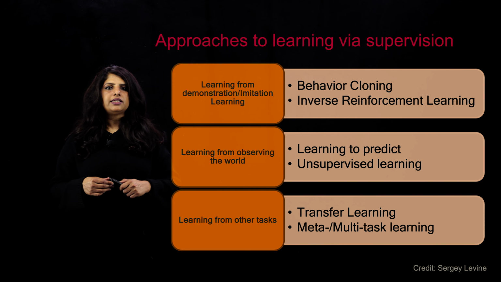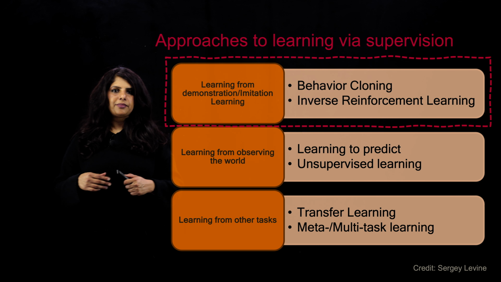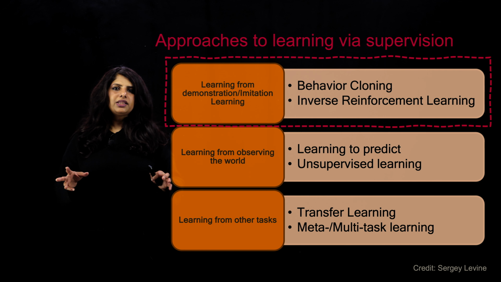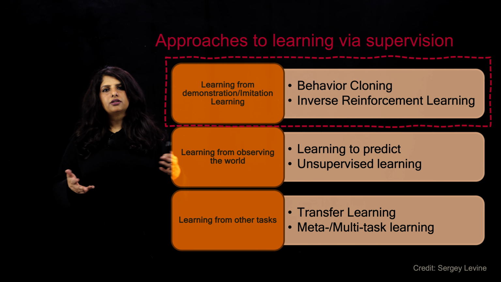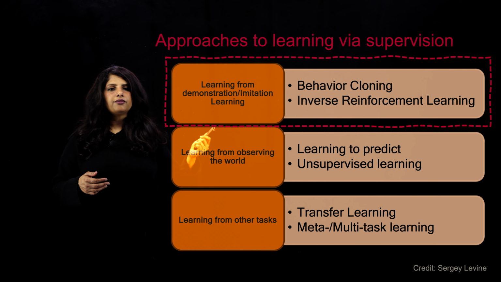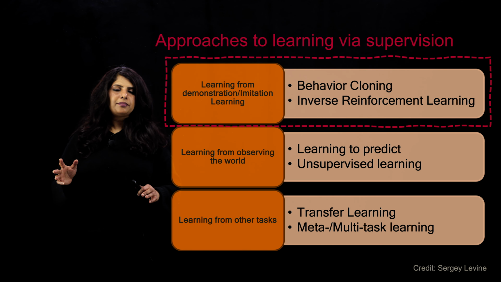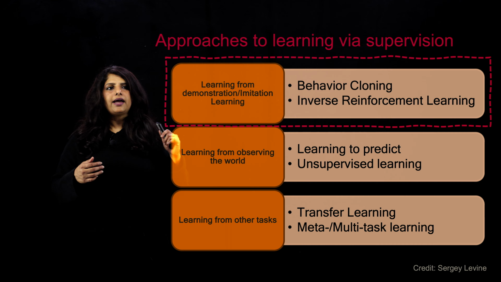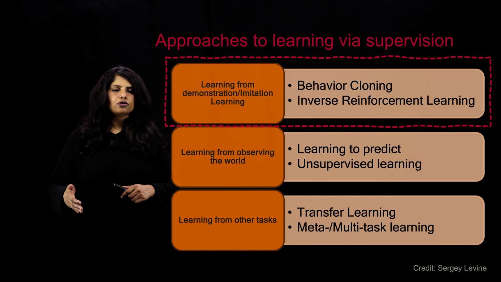In this video series, we're interested in focusing our efforts in understanding imitation learning or learning from demonstration. When we're thinking about ways to learn from demonstrations, there are two different buckets of approaches that we can think about. The first is behavior cloning, where we want to mimic exactly what the demonstrator shows us and perform the same set of actions when the agent visits the same set of states that the demonstrator was in.